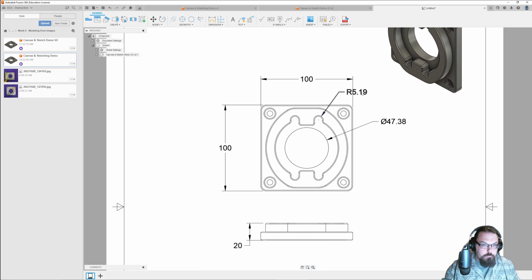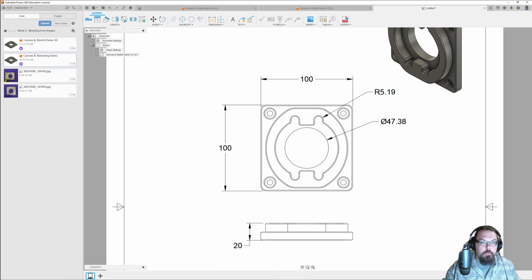Now, we know from our modeling session that this outer edge radius should be the same across all 4 of these locations. Instead of doing this multiple times, instead of doing that, we can communicate the same thing by